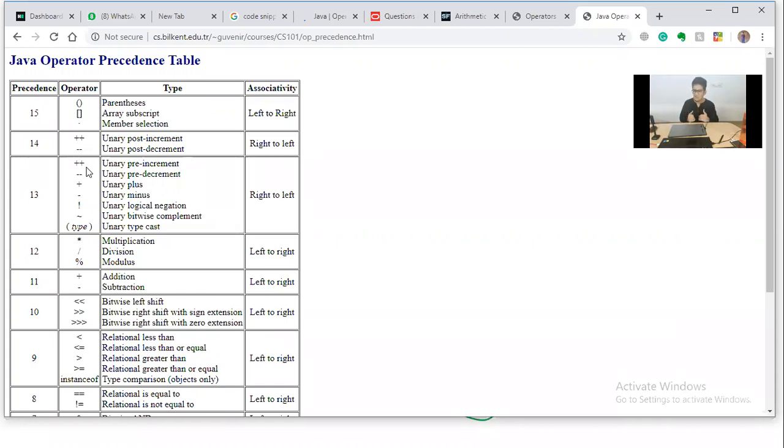So how do you remember that? Just look at this website every day so that you will understand which comes above what, which comes below what. When you look at it for one week, you will understand that parenthesis has the highest precedence. All those things will naturally come to you. So you just have to look at it daily, once in a while. Okay. So I hope you have understood here, right?